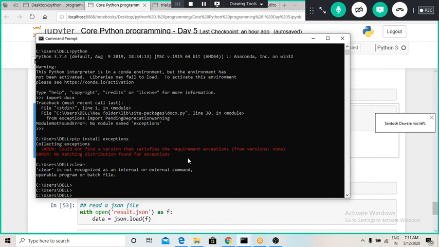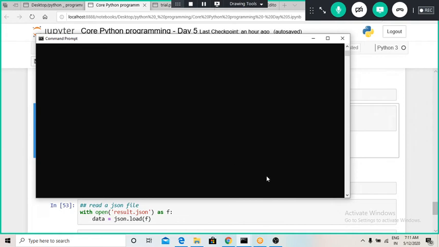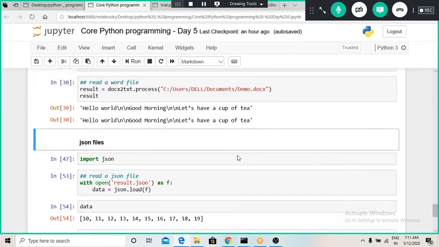So I will try to resolve that issue by tomorrow and show you how to import files using the docx library. Or this will be like an assignment. If you also have the same issue, then you can comment in the group. Okay, so I will get back to you on that.